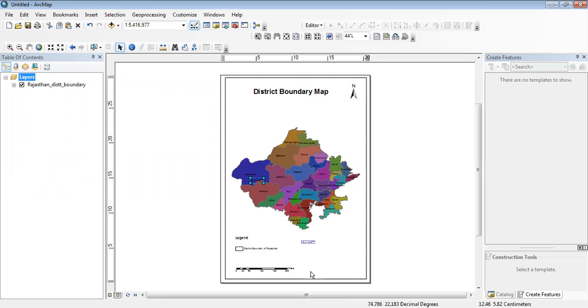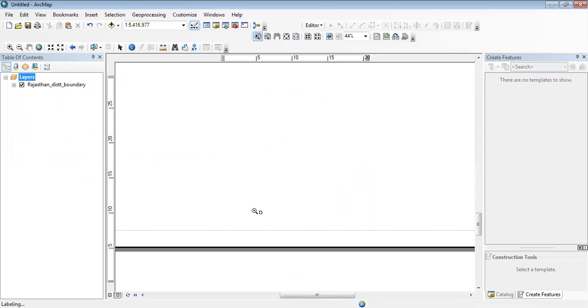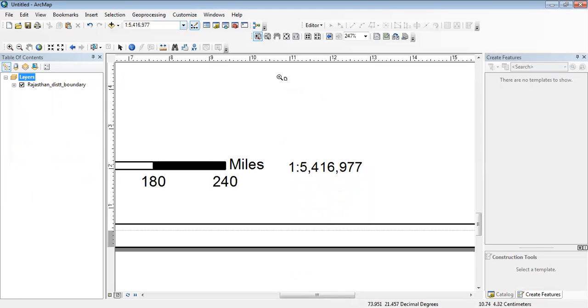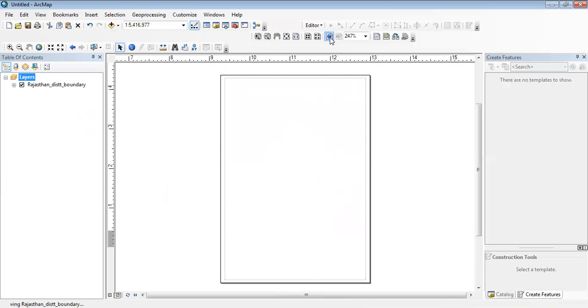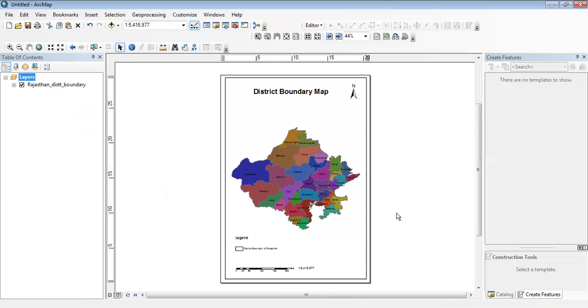And then you can see it from here. This is our scale text, right? It can vary according to our map scale. You can change the size of it like this, right? So next step is